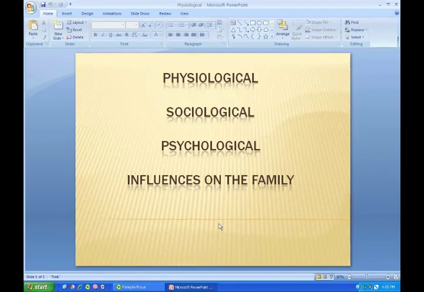Number 6, the symbolic meaning of alcohol. What does it mean within that family? What has that individual been taught that it means to drink? Does it mean that it's a bad thing? Does it mean that it's okay? Does it mean that it's acceptable and it's okay to get wasted every once in a while? Or it's okay to drink a 6-pack a night? What is the symbolic meaning of alcoholism? And a lot of these variables will change over time.